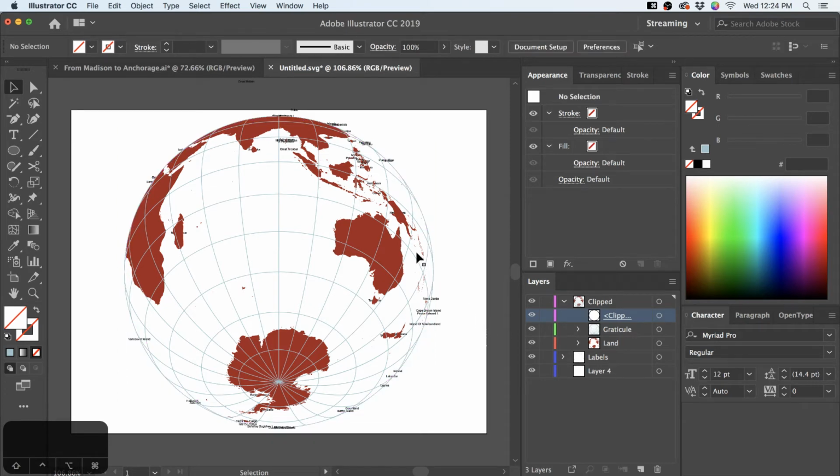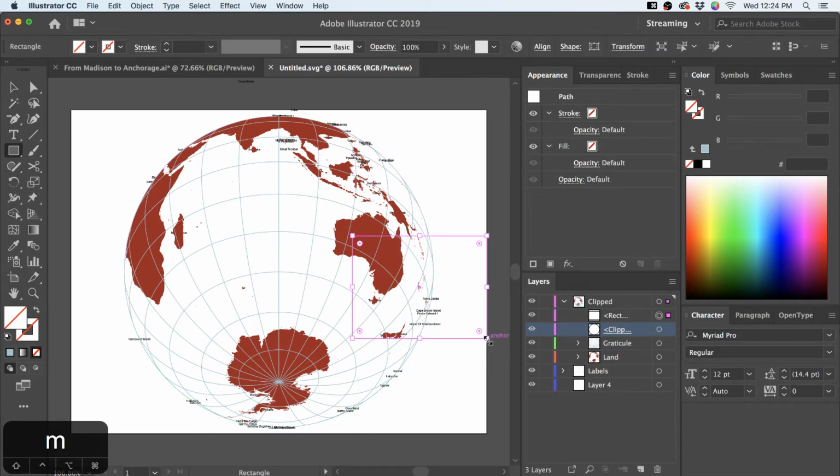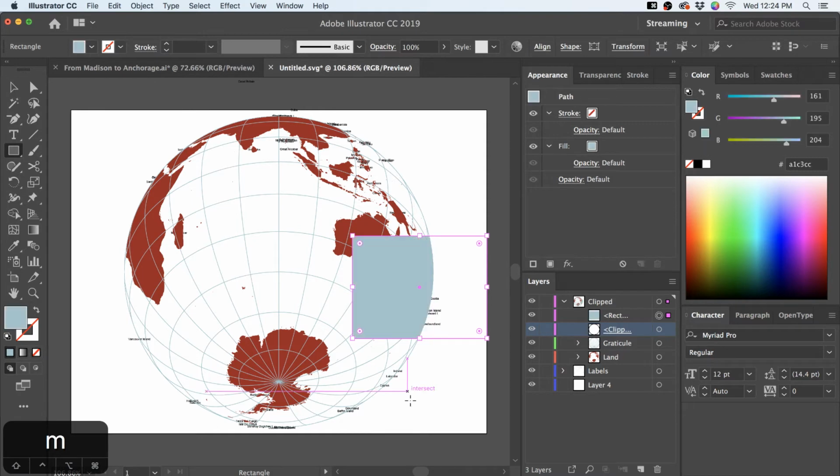And we've got a globe here, so it's hard to tell, but if I were to draw, like, a rectangle, that thing is clipped to the circle, even if that rectangle goes in the land layer.